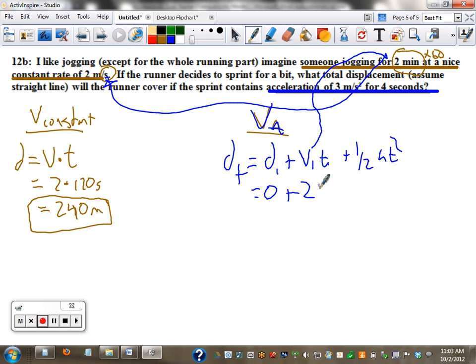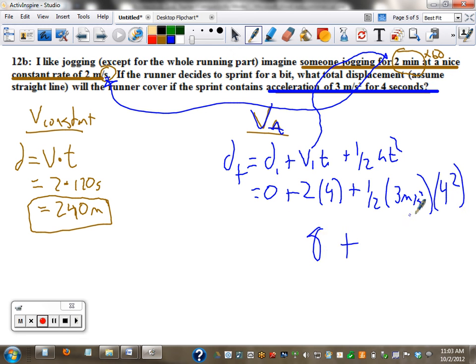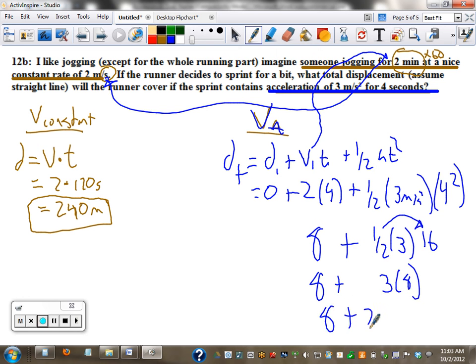He was going 2 meters per second times 4 seconds plus 1/2, acceleration is 3, times 4 squared. So we've got 8 plus 1/2 3 times 16. 8 plus, combine these two because it's a nice whole number, 3 times 8. 8 plus 24 equals